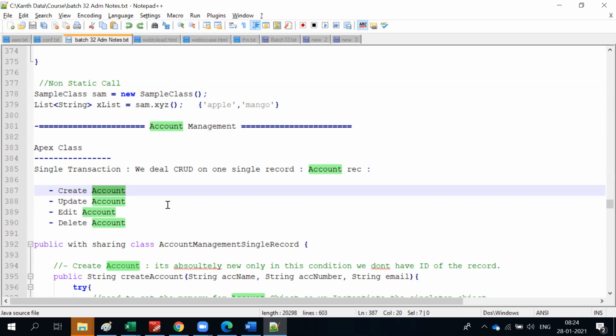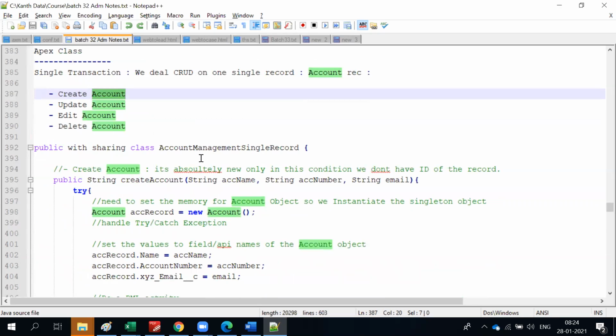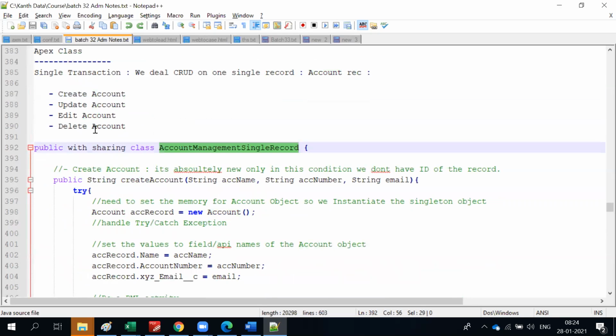Of course, from the UI, Salesforce made it such an easy way. Create, read, update, delete, all of these operations are so simple. Now, if you write a program to create a record, how does it really work, what is the background logic, if you think about it? This is how it is. Account itself is a class which has been written in there. So let's write an Apex class, account management, with a single record,